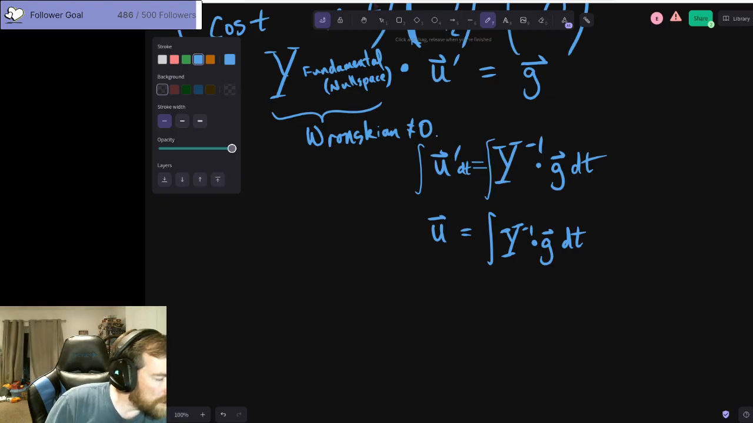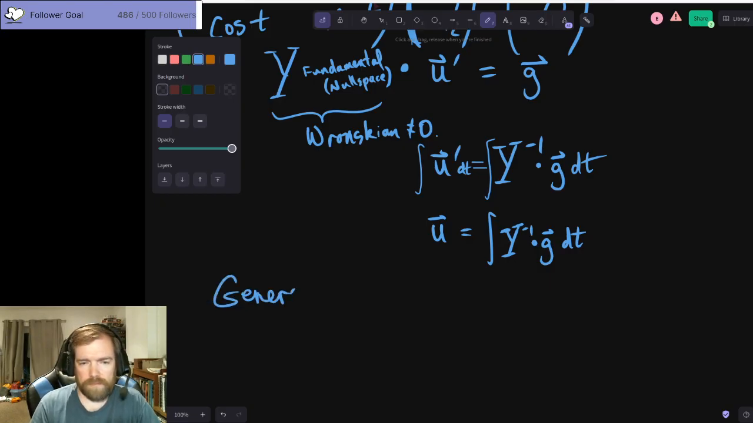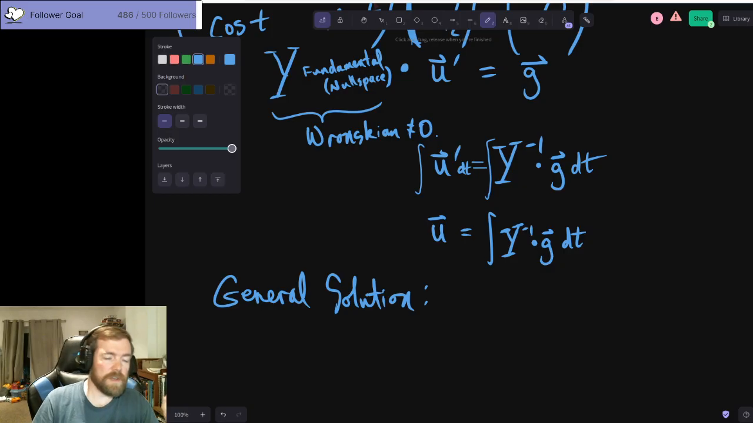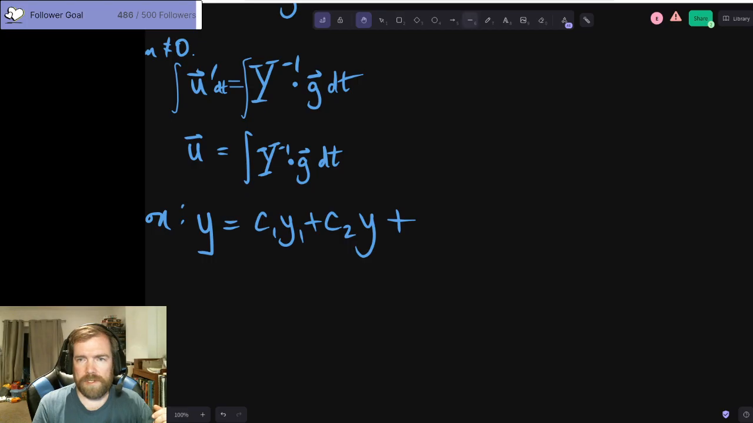Right. So, interestingly, you bring up the Wronskian. The general solution that uses variation of parameters is that our y is going to be equal to c1y1 plus c2y2, of course, because we're always using the null space. And then we get plus